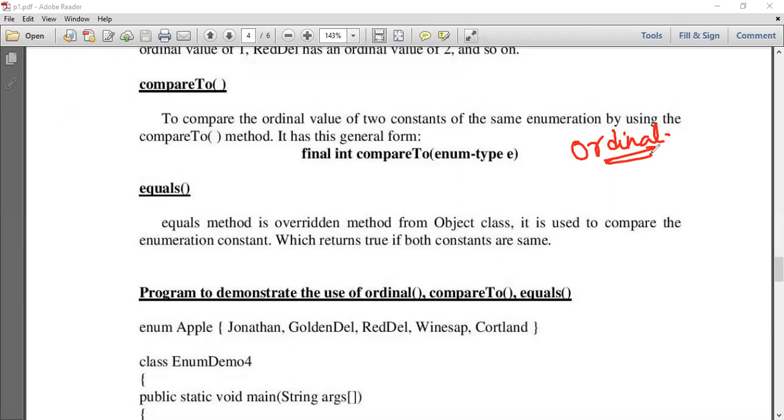So its syntax will be like this. Since this is a method, one of the objects will be the invoking one: day1.compareTo, and here we can pass another day.